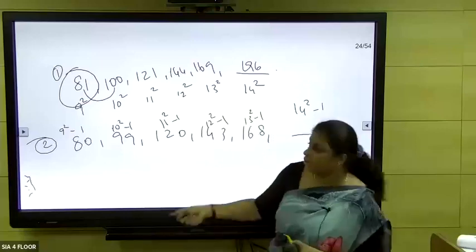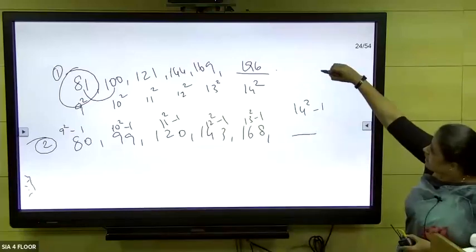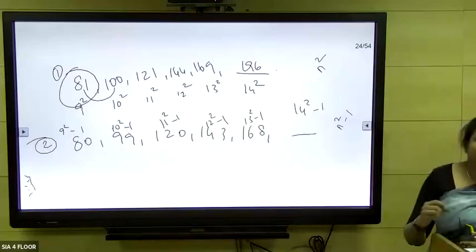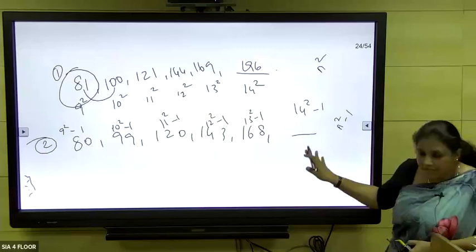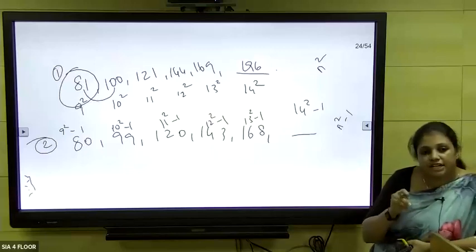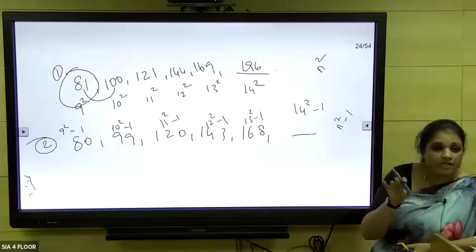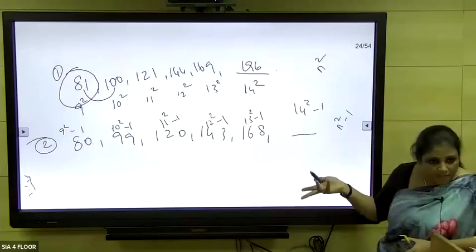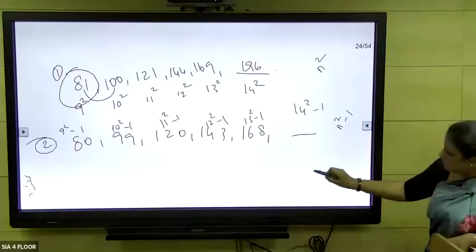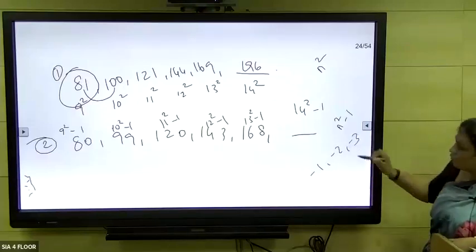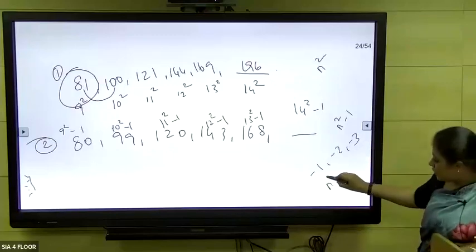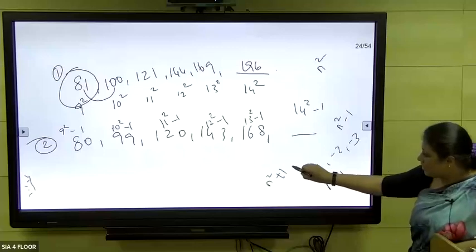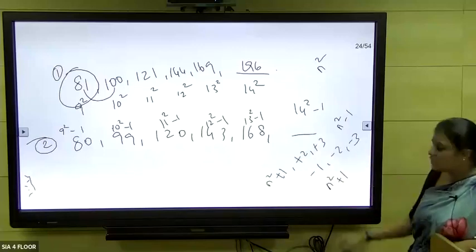This sequence is just 1 minus the above sequence. If this is the n square sequence, this sequence is the n square minus 1 sequence. So what I try to tell you is, sometimes it will be like this, and you should be able to identify that these numbers are nearer to some of the square numbers or cube numbers. Every time it's not going to be minus 1. Sometimes it may be minus 1, minus 2, minus 3, or n square plus 1, plus 2, plus 3. It could be like this.